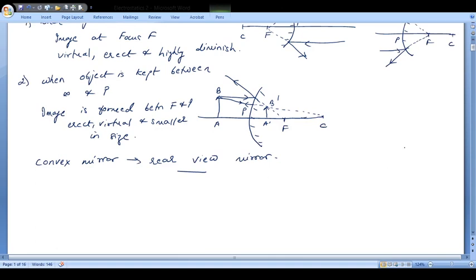Let us suppose this is your convex mirror. Now see here, if I say I have a car here, somewhere here, the ray of light is coming from the car, right? Then suppose you have a person standing here, so a ray of light will come like this. And let us suppose this is the position of the driver.